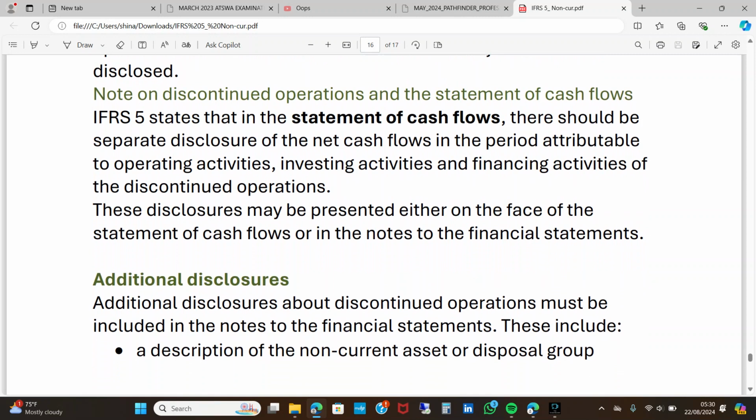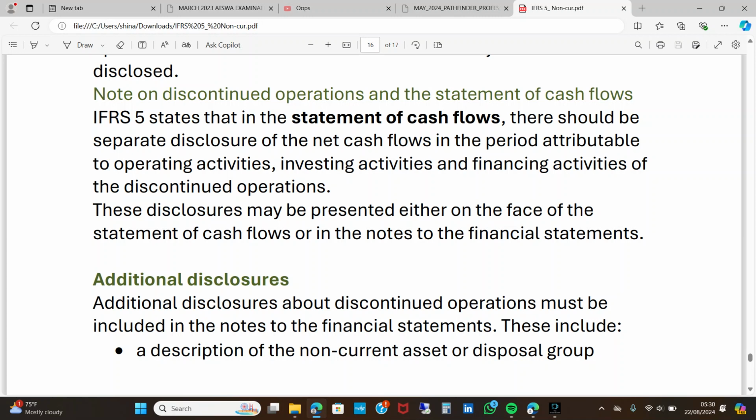Under our statement of cash flow, we have three headings: cash flow from operating activities, cash flow from investing activities, and cash flow from financing activities. So please, under it, just like we did our statement of profit or loss, we split it into two. Under our cash flow statement, we are going to split each of those sections into two. So under cash flow from operating activities, we first start from continuing operations. Show all the cash flow from continuing operations. Then we now show the one for discontinued operations separately. And we're going to do that for all the items in our